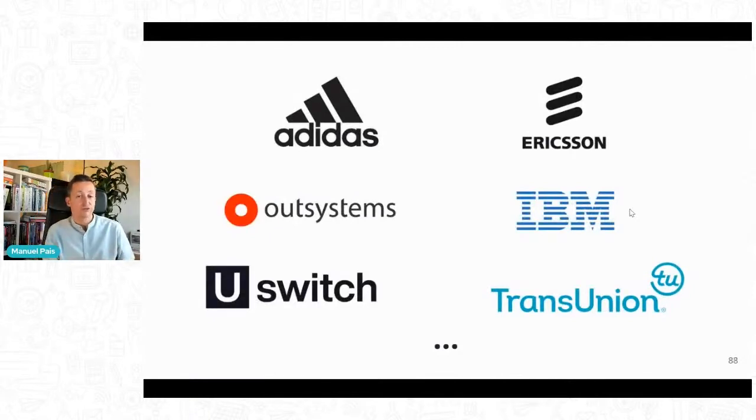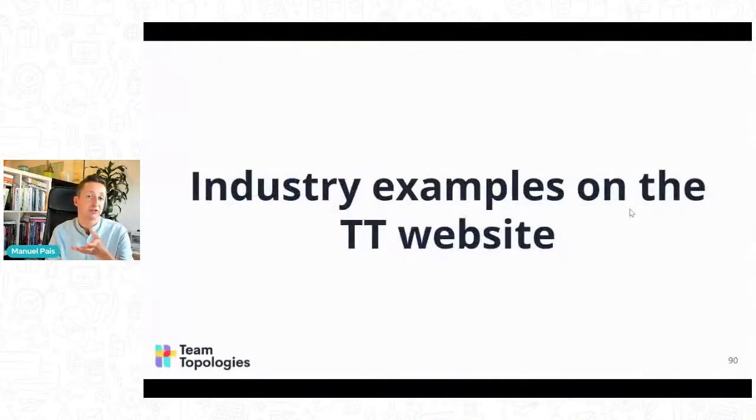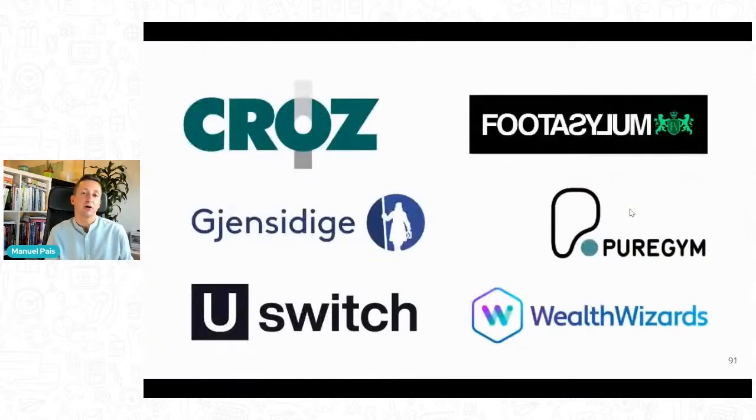Of course, since the book was published just over 2 years ago, we've seen quite massive adoption. Very strong adoption. We're starting to see mainstream adoption, large banks that contact us, and large telecom and insurance. So it has been really helping a lot of organizations improve their business agility. And we've been publishing some examples, the ones that we have approval to publish on our website.